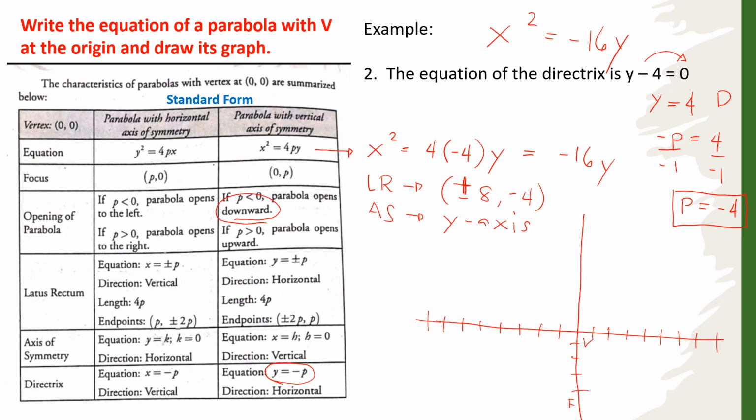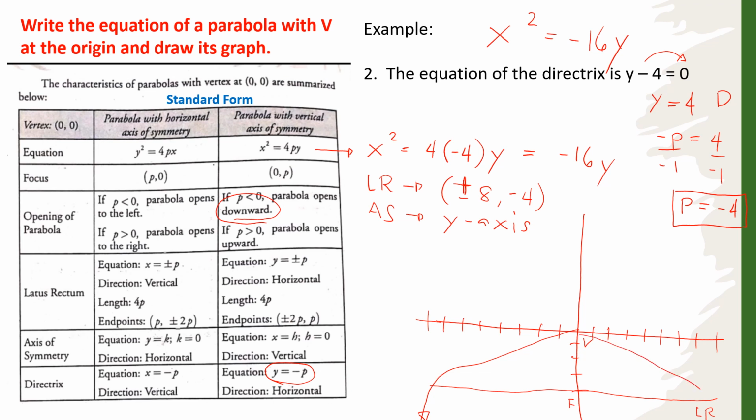Then 4 down. Here's another point. And then, of course, connect the points passing through the focus. So this will be your latus rectum. And then from the vertex, connect